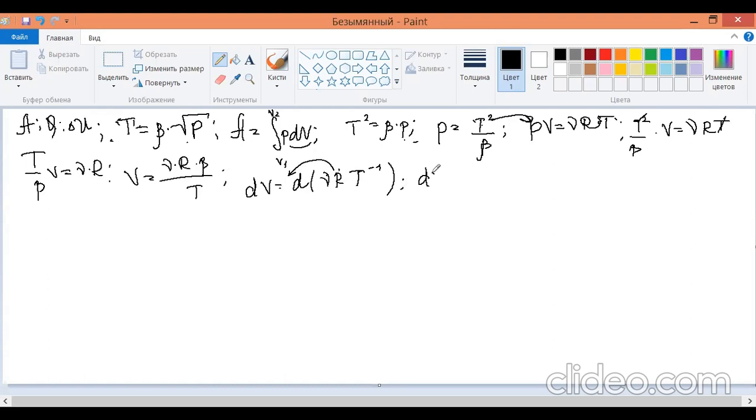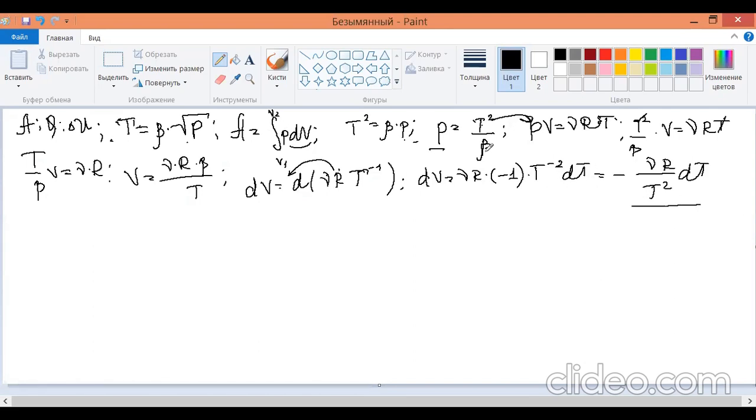And we will get that dV is equal to mu times R. And if we differentiate the temperature raised to minus 1, we will get minus 1 times T raised to minus 2 times dT. More traditionally, it looks like this. Okay. Now we've got P,